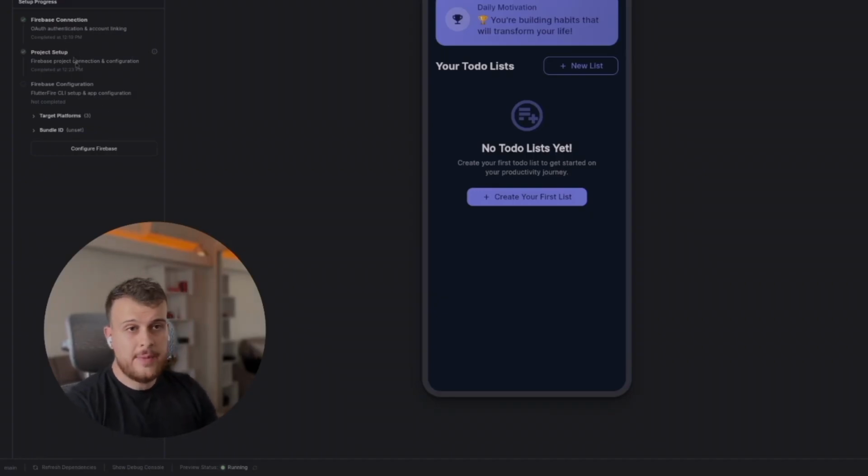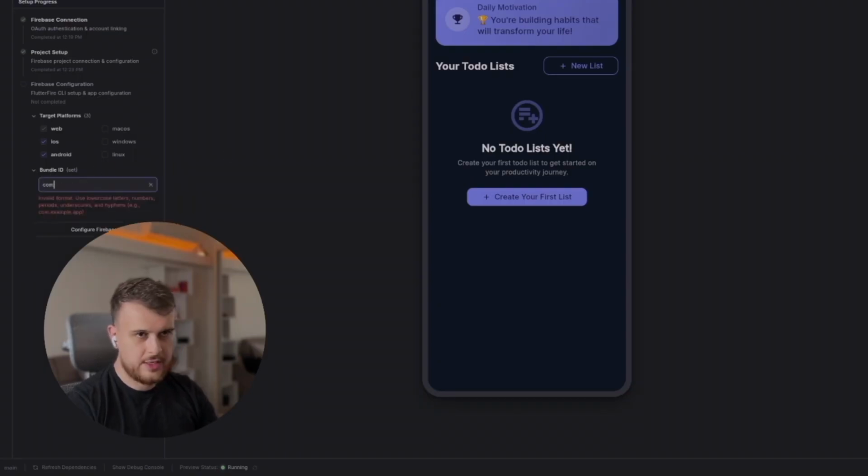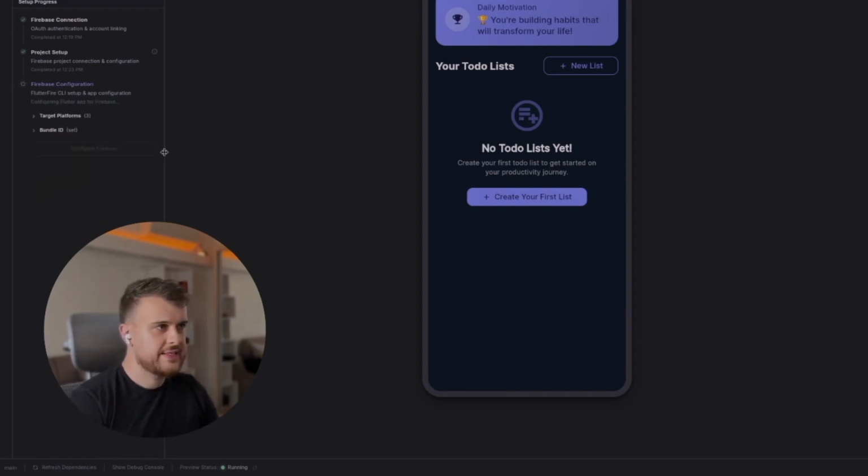And well, during this time, it has been creating the Firebase project. We have it configured now. We can select the platforms for which our application will be. In this case, we'll leave it as it is. We can select a bundle for it. Let's select it with example to do app. Okay? And we configure Firebase in the last step, and we will only have one more step left,